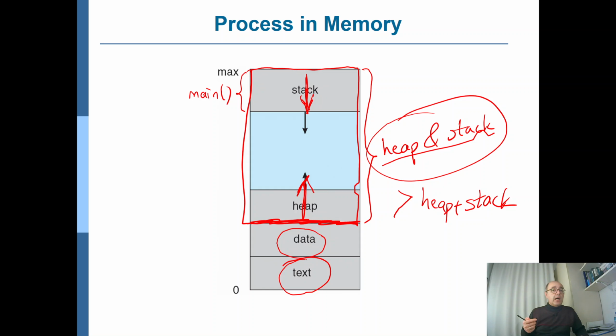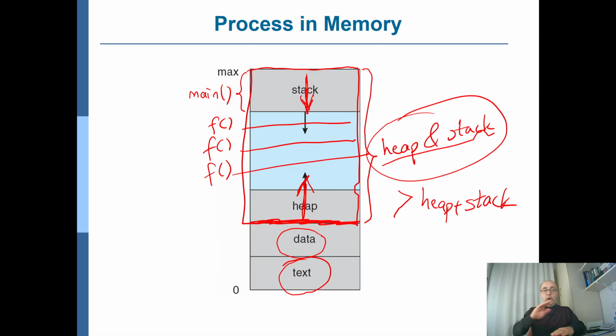For example, when you try to use recursion, you should be very careful, because in an uncontrolled recursion, you call function f, which calls itself in a recursive manner. So another entry will be created. An entry was created for f, which calls itself recursively. So another entry is created for f, and another is created for f. Now, if you continue this way, at some point, the stack will overflow the heap. Even if you don't do any memory allocation, finally, the stack will fill all of this reserved memory space for the heap and stack section, and you will have a stack overflow,